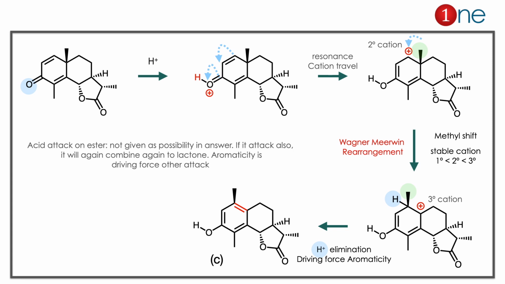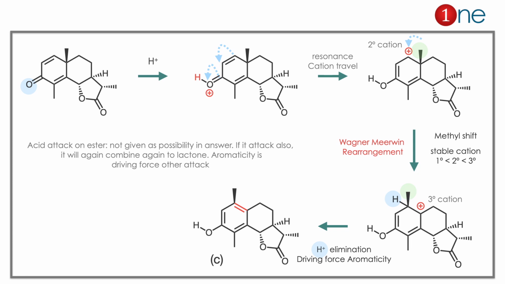The starting material has a ketone, and you are using the acid. What really happens is the acid activates the ketone by attacking the O, so you have the positive charge. At the nearby position you have the double bond, so the double bond moves and you have cation formation in the third position. So the cation travels. Then you have a secondary cation, which is always unstable. There is a possibility of a tertiary cation by methyl shift, so the methyl shift occurs, in the green position, and you have tertiary cation formation.